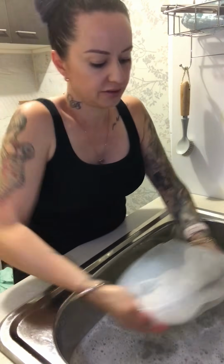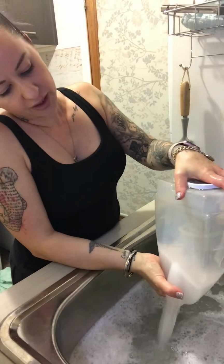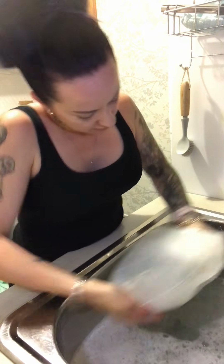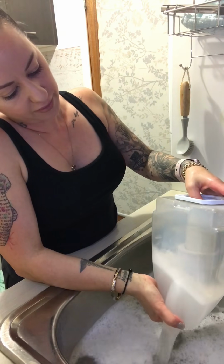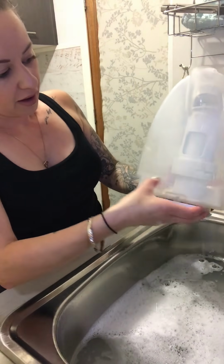Cup either end. Give it a good shake and empty out. Refill it. Cup it again. Empty it out again. I can still see, which I normally wouldn't because I'd have waited half an hour, the